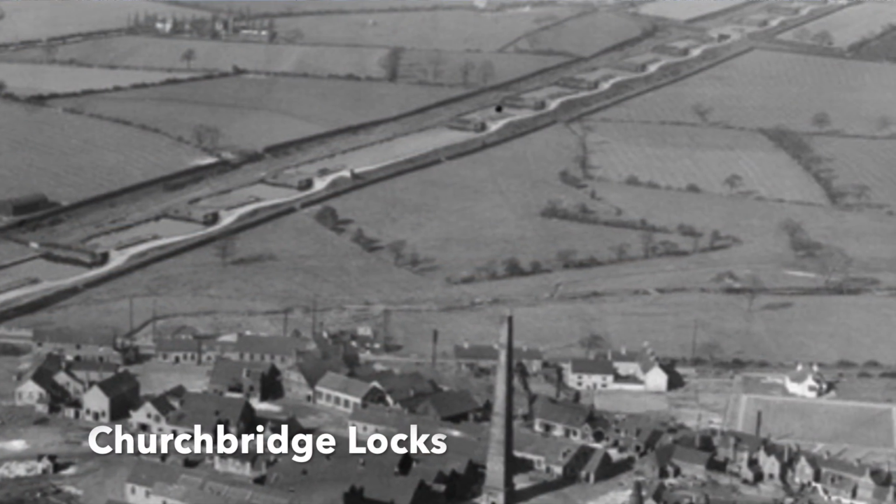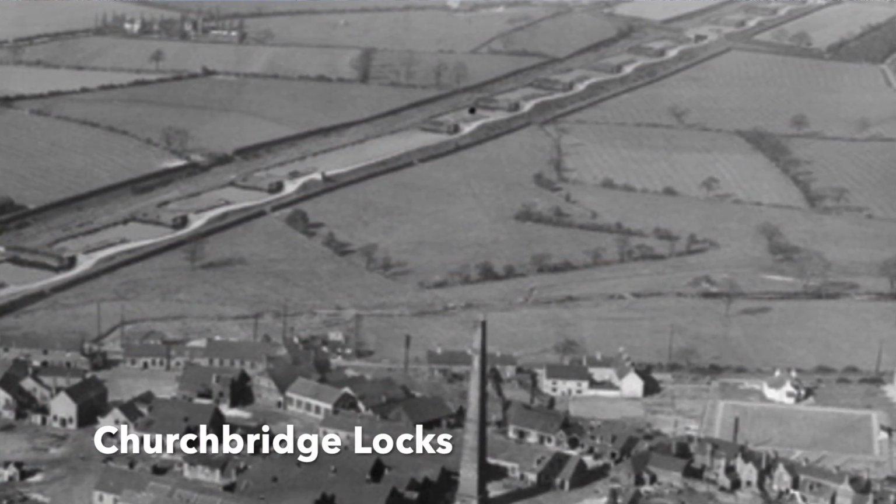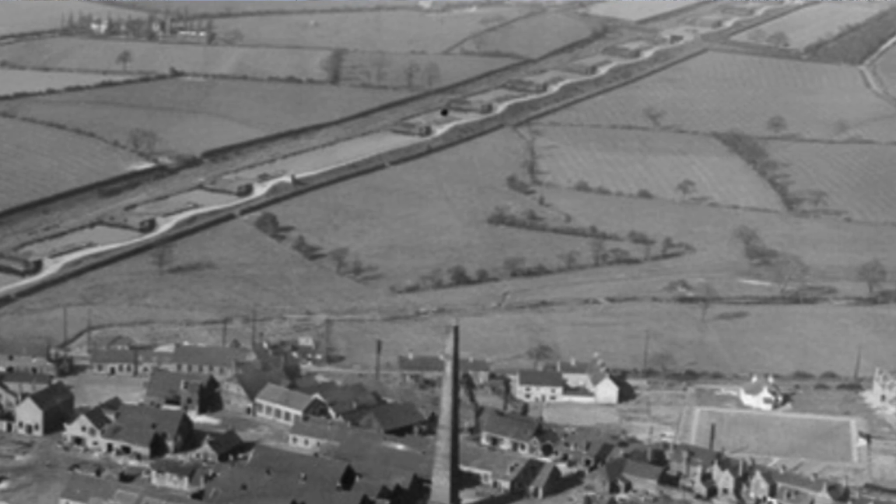You see, about 20 years before the Cannock Extension Canal was built, the Hatherton Branch Canal was built by the Staffordshire and Worcester Canal Company. And we'll be having a look at that in our next episode of Canal Hunter. But for today, I want to have a look at the Churchbridge Flight of Locks and a little bit of